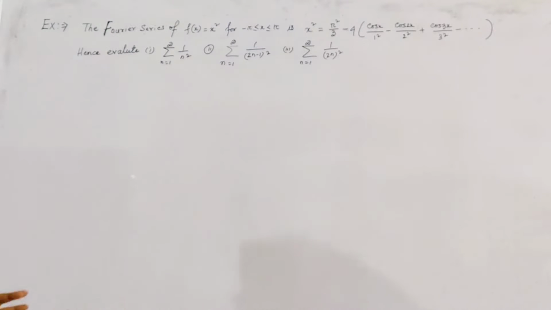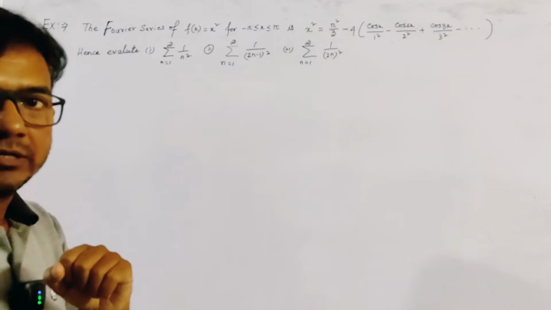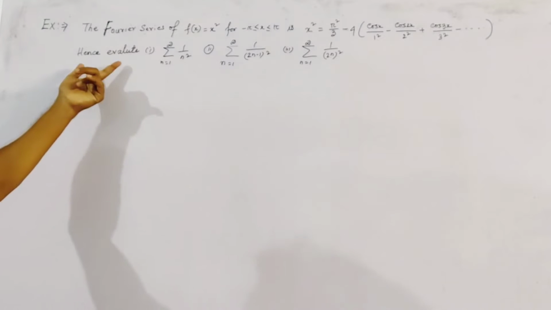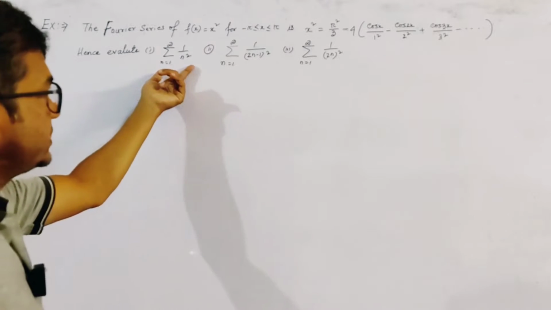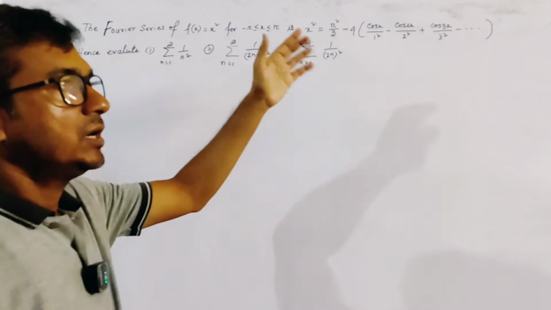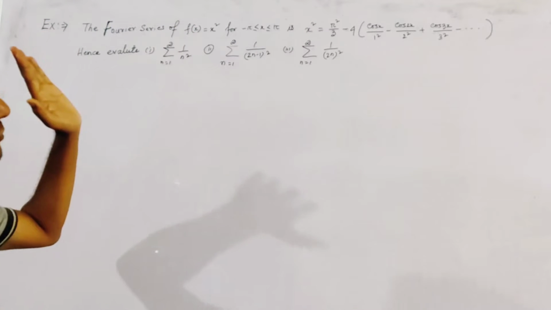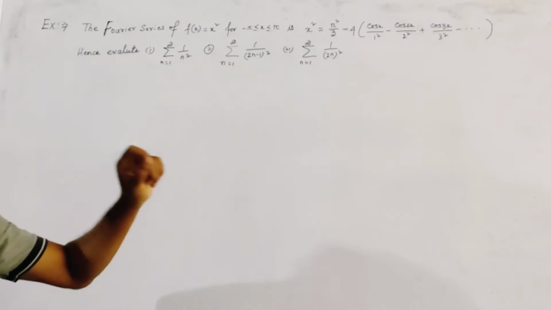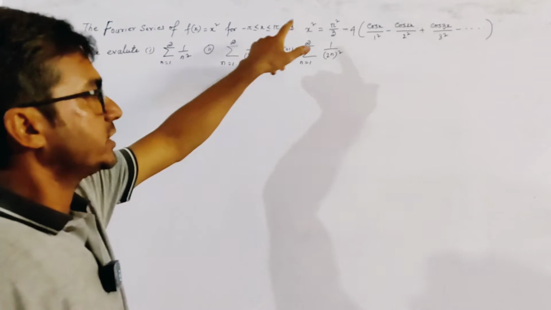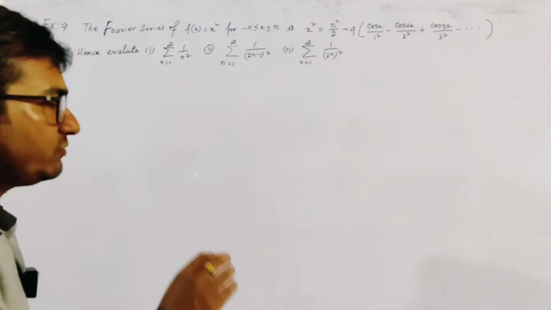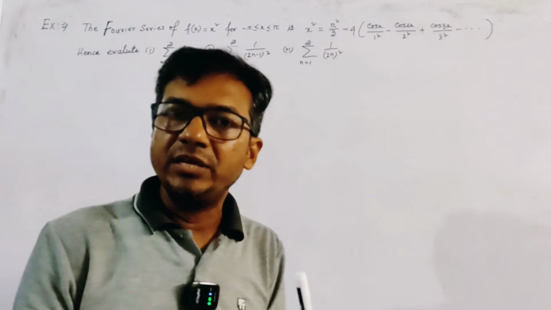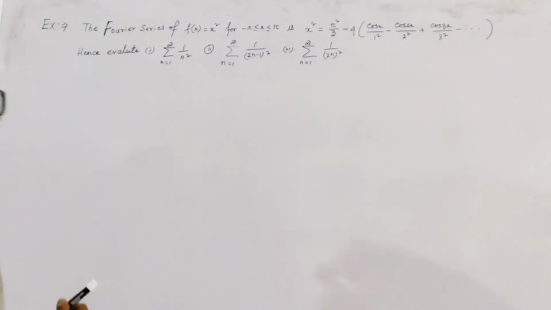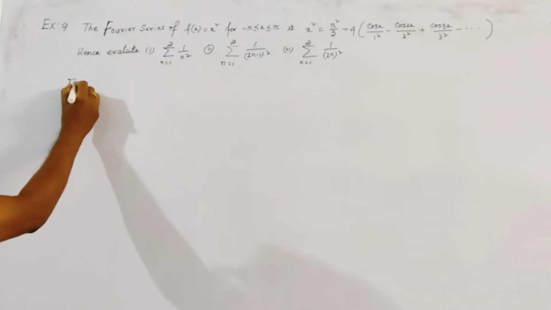Now we deduce three important results here. That is, we evaluate the value of three infinite series, this and this. Now we start our deduction of the Fourier series of f(x) equal to x square. We first write the formula of the Fourier series of any function, and this is given by